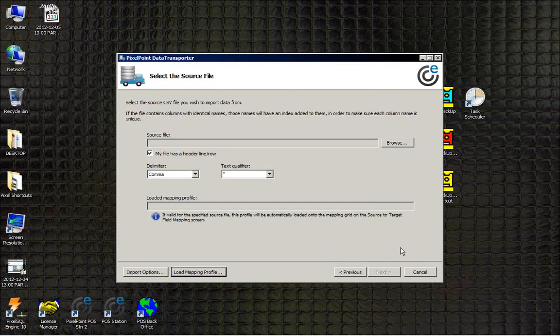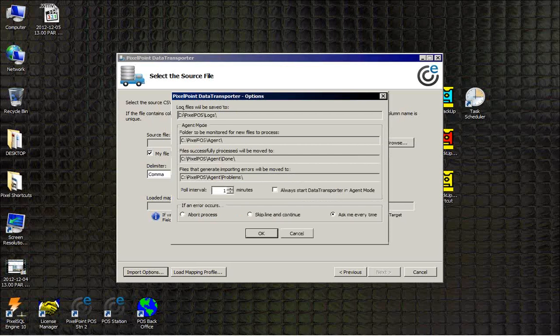If you've got a really great, for example, a menu of bar items, or you've got a whole thing of inventory that pertains to a Chinese restaurant or something like that, then it may be stuff that's really worth looking at for that. We also have import options as well. Log files to be saved too, okay? So this is because you do want to keep all of this information, make sure that it's all retained in place. So within here, we have the path that you're going to save the log file of this transmission to,